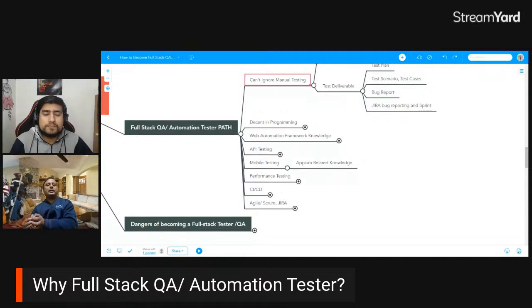Then you start learning these tools, okay? Selenium, Cypress, whatever you're comfortable with. And once that is done, if you are looking for a product-based company, then mobile testing and mobile automation. I'm saying consumer products, not business products. So there is B2C and B2B, right? For B2B, maybe you don't require mobile testing, but in B2C companies, mobile first will be there.